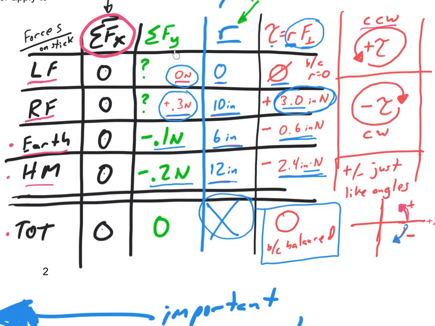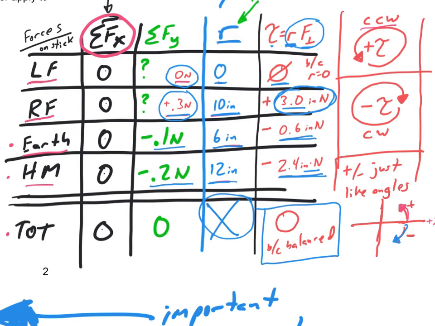Instead, I'm looking at the balance in this green column here. It needs to add up to 0. I've got 0.1 and 0.2 newtons downwards. I've got 0.3 newtons upwards, and those three balance each other out, which means that the left finger doesn't need to apply a force at all.